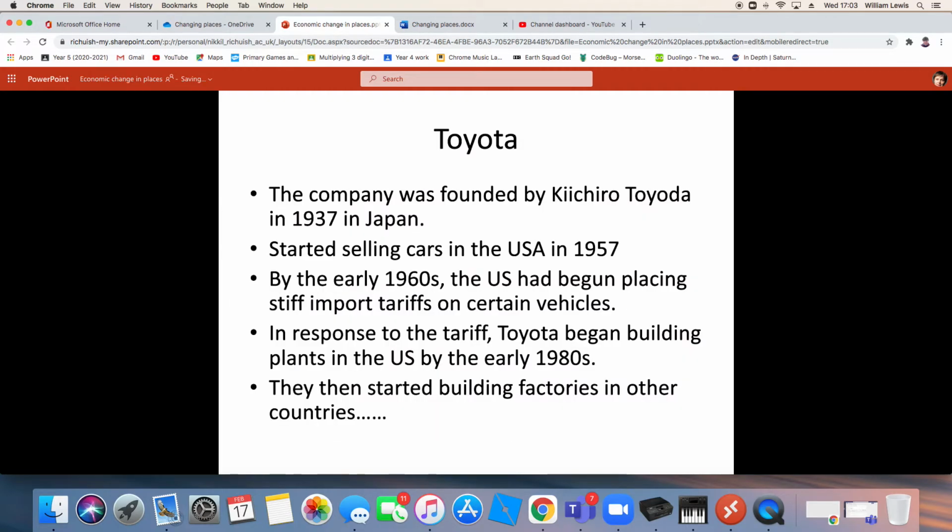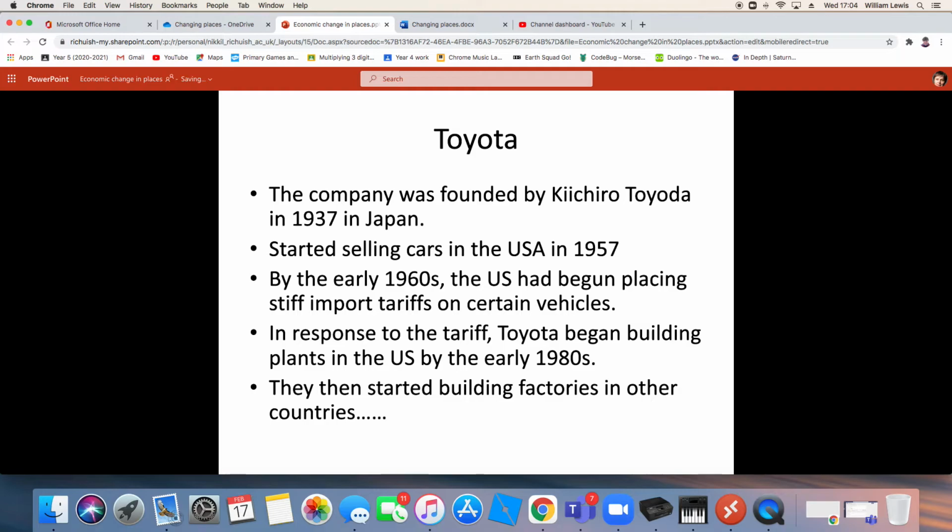And then there's a slightly more complicated bit that some of you might need a couple of attempts at. You will find factories in more developed countries. And initially, when I say that to you, that's a bit confusing because you're like, well, hang on, Nikki, you've just told us that they like to put their factories in cheap locations to maximise their profits. True, but there is a different reason, okay? So I'll do my best to explain this using the example of Toyota, and we may need to revisit this. Okay, Toyota, Japanese vehicle company,